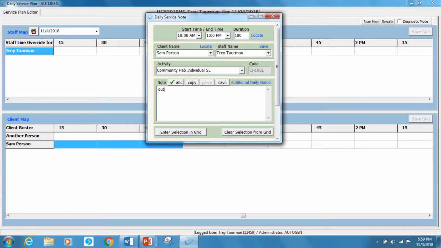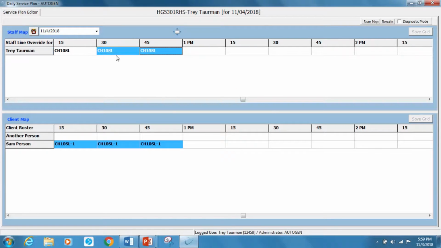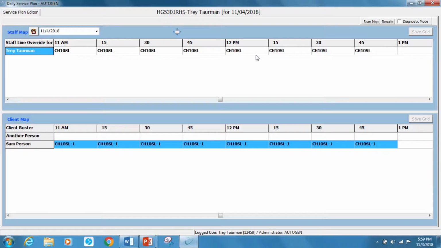But for purposes of this video and for training, I'm going to go pretty quick. So again, this is where you'd probably write out what you all did. But for purpose of this, I'll keep it short and sweet. Now, as you can see, it's a billable code, it's a client code, and it transferred up to my grid, just like we learned back in video number 1, way back then. Because again, if I enter in the client information code first,